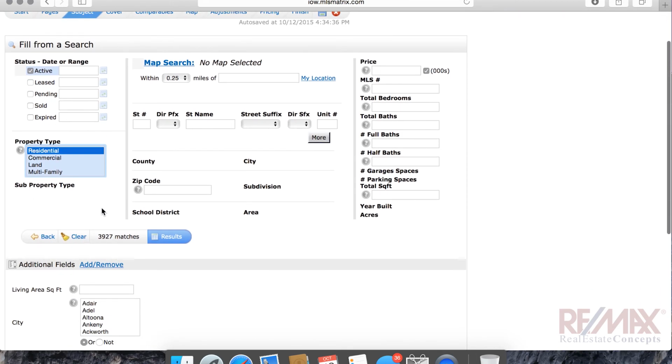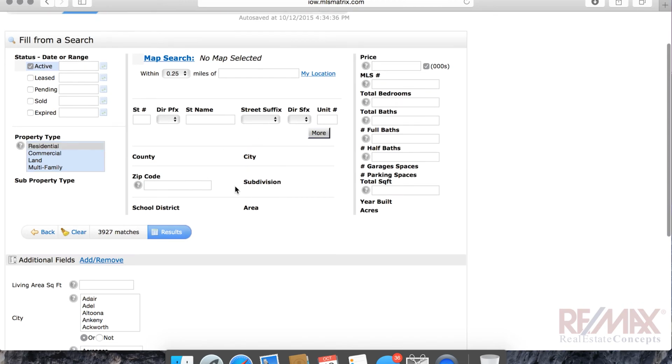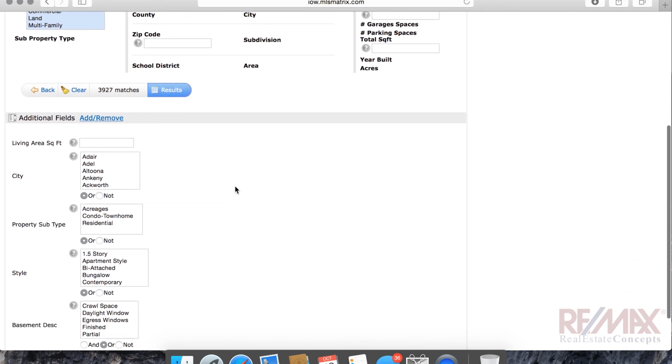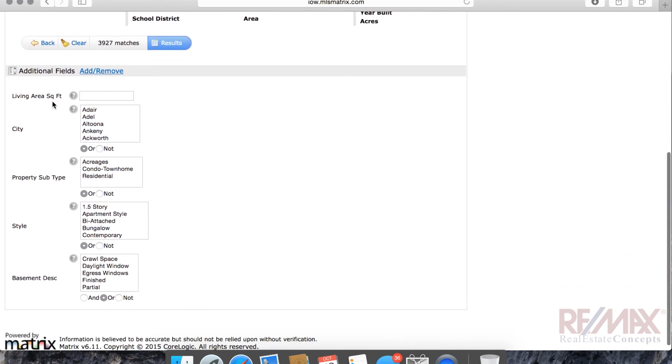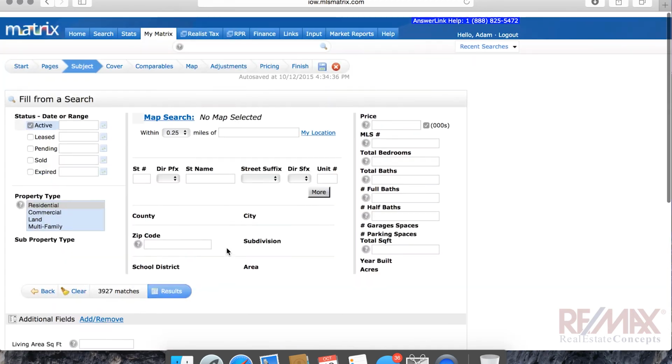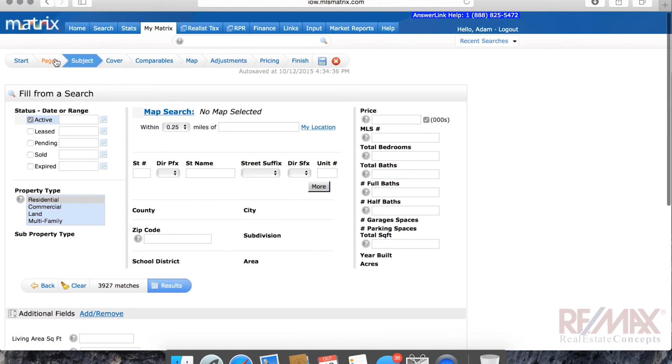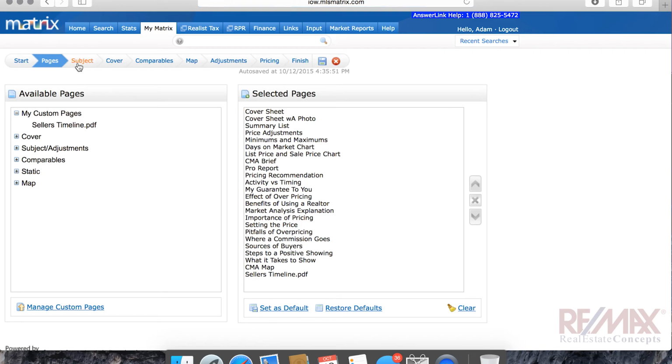There's no sub property type. There's no county, there's no city, there's no area. I can't put any of the information in there that might help me search for that property and really narrow it down. So what I've done to get around that for now is I've put in my add and remove custom fields. I've added some of this like property subtype and style that would help me search for that if I wanted to. But what I'm going to do is I'm going to go back a step and then